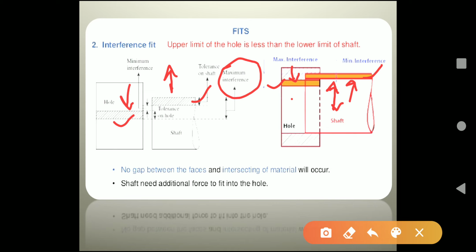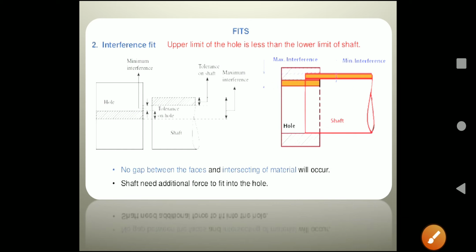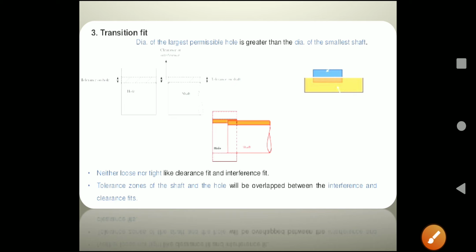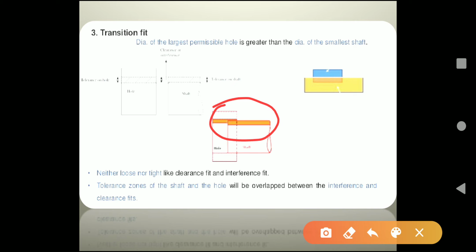So let us see the third type of fit, that is transition fit. The diameter of the largest permissible hole is greater than the diameter of the smallest shaft. So here you can see it can make a clearance as well as an interference fit. So you can see in the image the tolerance zone of a hole and the tolerance zone of a shaft